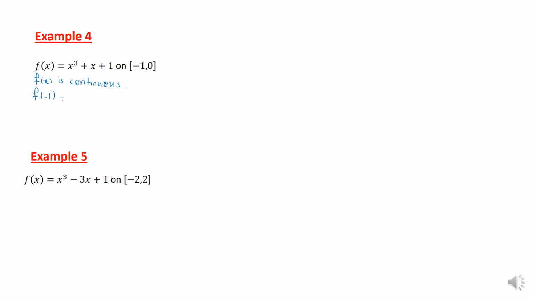F of negative 1 is minus 1 minus 1 plus 1, so minus 1. F of 0 is equal to 1, so f of minus 1 times f of 0 is less than 0,